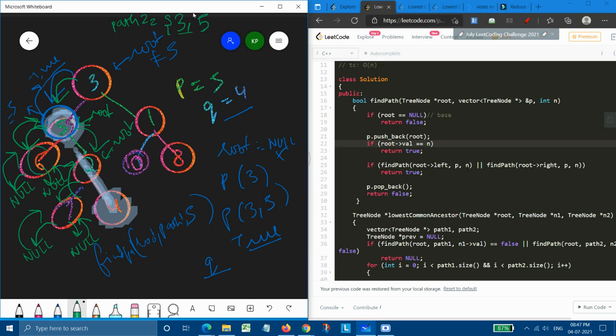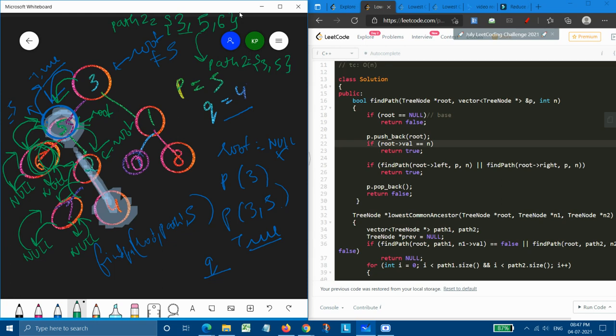Basically, when 6 returned, then 6 was also filled, but it returned null. So at that moment, 6 was popped. So path 2 array simply became 3 and 5 at that moment.